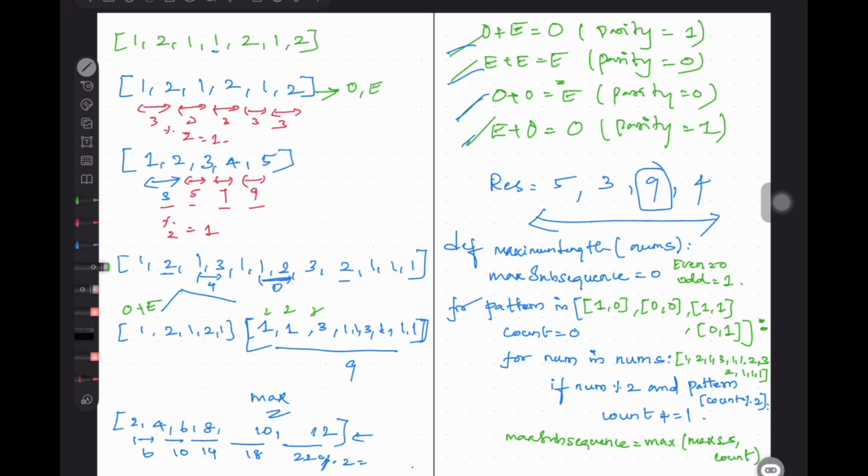Basically I want first odd, even of all the elements, and this will give us the valid subsequences. We are just traversing through the array and figuring out how much length of this parity we can form.